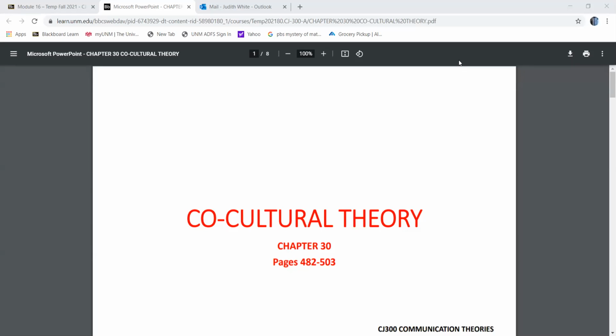Basically, this theory is important because it gives agency to those cultural groups which exist as subordinate groups within a dominant culture. And it says that these groups can make decisions as to how they're going to interact and communicate with the dominant group. So this is a little bit different from muted group theory, which focuses on the suppression of the communication of marginalized groups, and instead says that these groups can reach out, because remember, this is a